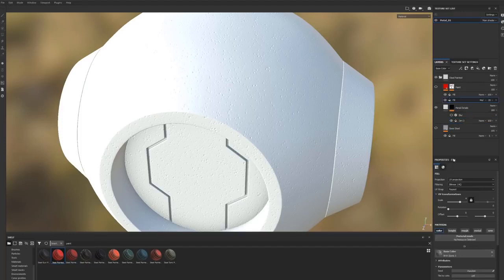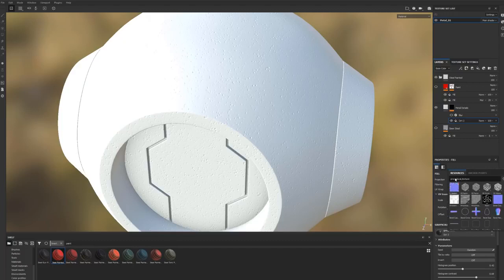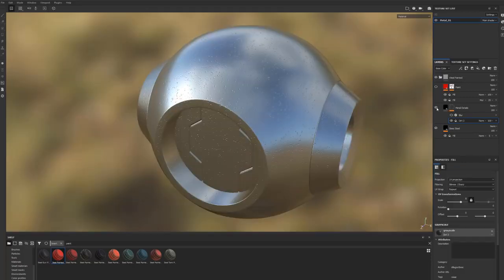So if we go in here, you see properties, fill. So this is pretty much the root node that they used. Same thing here. It's a fill layer. And they just went in here and grabbed a dirt material, right? So they typed in dirt. So let's go ahead and turn all these back on